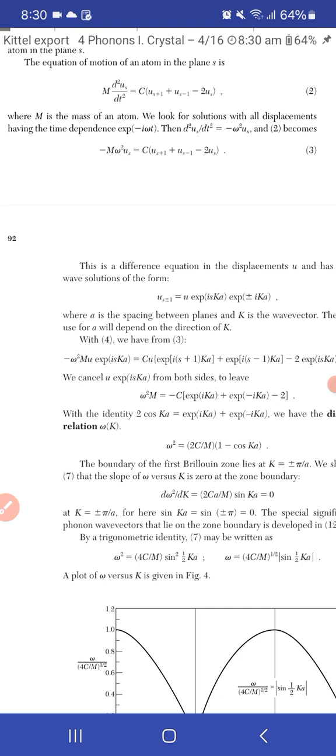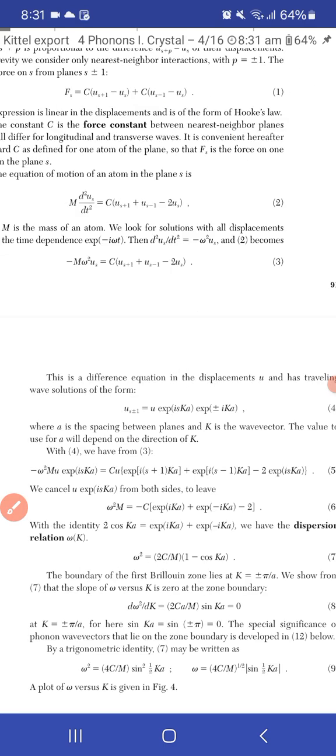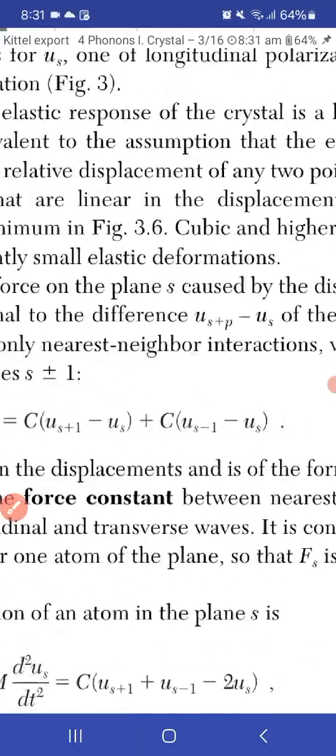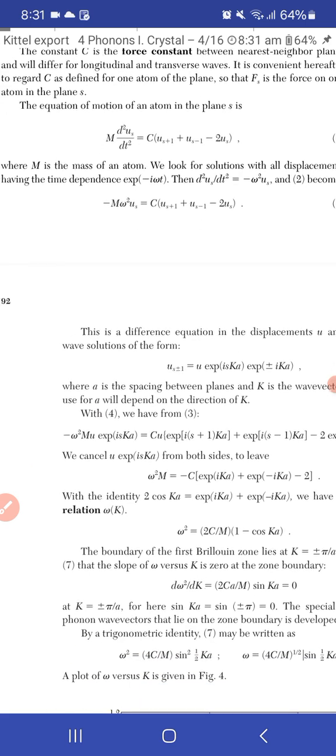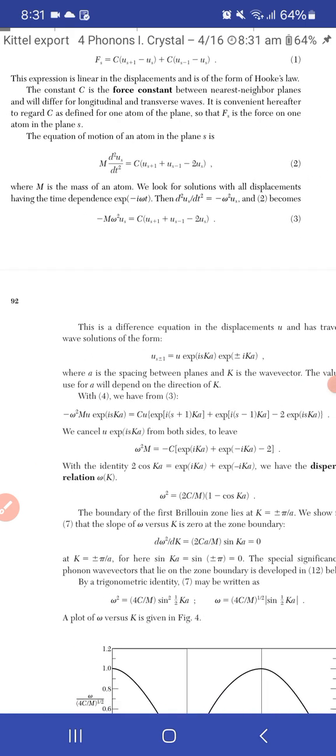तो जो डिफरेंस था यहाँ पे क्या हो जाएगा, ऐड अप होके पहले वाला या बाद वाला डिस्प्लेसमेंट, पहले वाला डिस्प्लेसमेंट माइनस 2 Us। ठीक है, माइनस 2 टाइम्स जो ये वाला है, तो वही हुआ था, देख लेते हैं। हाँ, इधर भी Us माइनस हुआ है, इधर भी Us ही माइनस हुआ है दोनों केस में। So where m is the mass of an atom, we look for solutions with all displacements having the